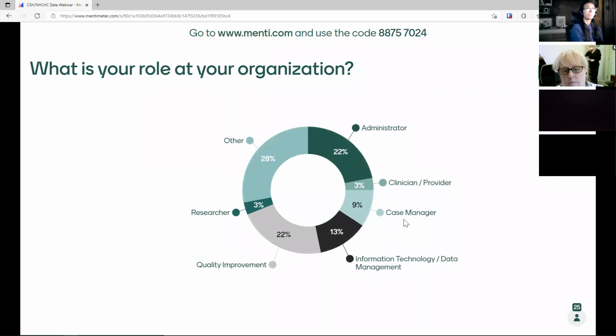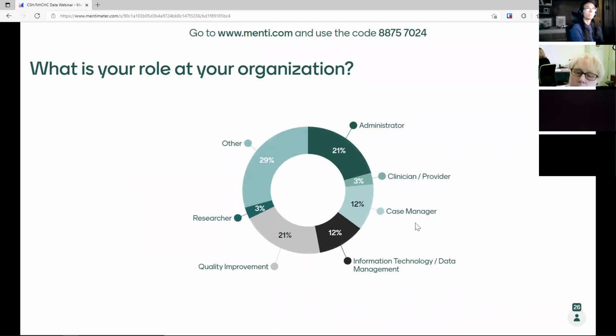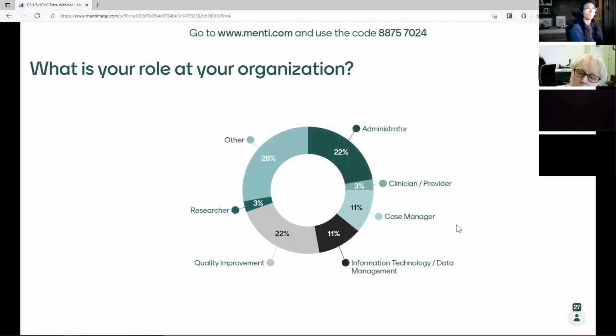Good, this is exciting. We love to see a good spread of different roles at different types of organizations. Okay, just one more second as the rest trickle in. We see in the chat we've got some community health workers on. Awesome.